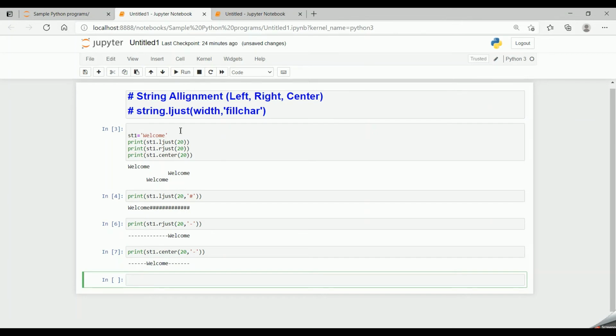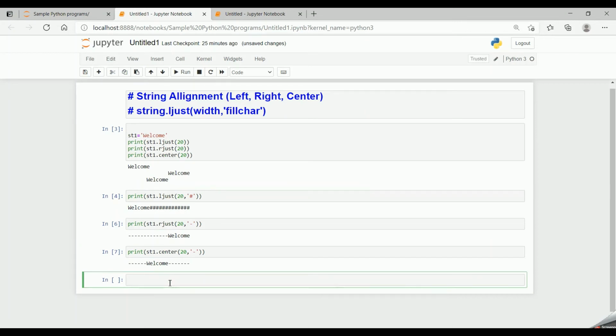So this is how left justified, right justified, and center justified work, and this is how left justified with fill character, right justified with fill character, and center with fill character work in Python. So this is how text is aligned in Python.